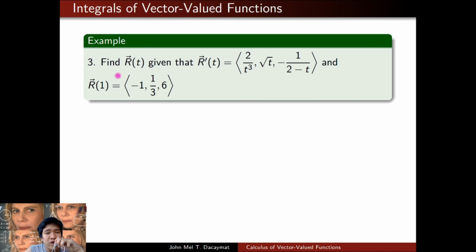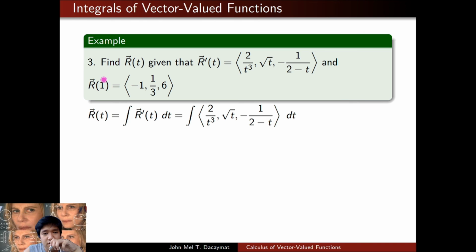So, we are asked to find a vector valued function given sa atin yung derivative niya and a condition that r of 1 is equal to this. So, one clue that we have is we're given the derivative, no? So, yung r is equal sa integral ng derivative niya. So, to get the value of r, we just integrate r prime. Doing so, I get,